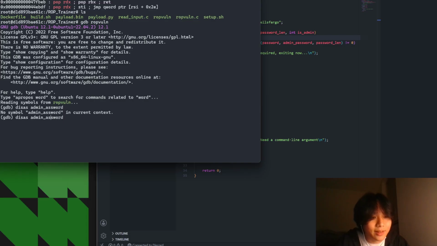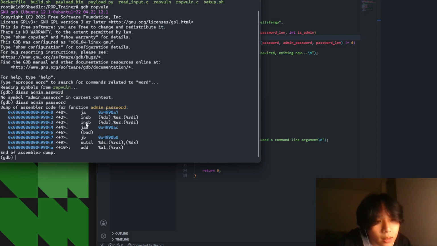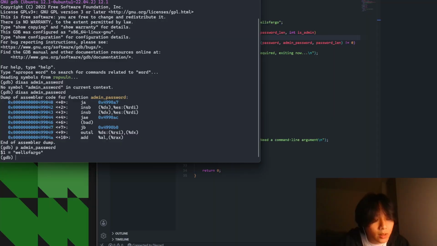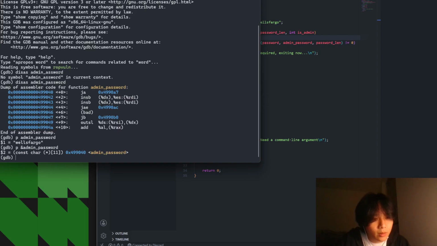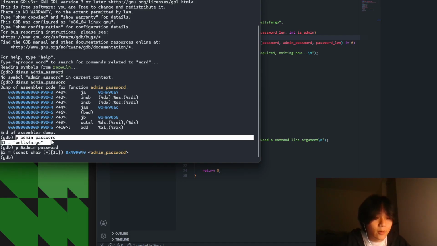Oh, okay, that is not password. I don't think this is quite right, so I think this might be an application for print, or maybe it's address of admin password. Yeah, okay, there we go. So this is an example of how you can use that print instruction I briefly touched upon earlier. In the last challenge, we used the X command to directly read a location in memory. But if you want to instead read from a label, like the name of a variable, you can use the print command. And you can see here when we printed admin password, it gave us this Wells Fargo,